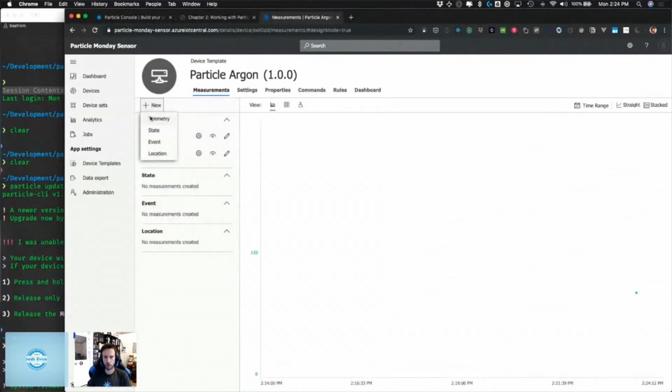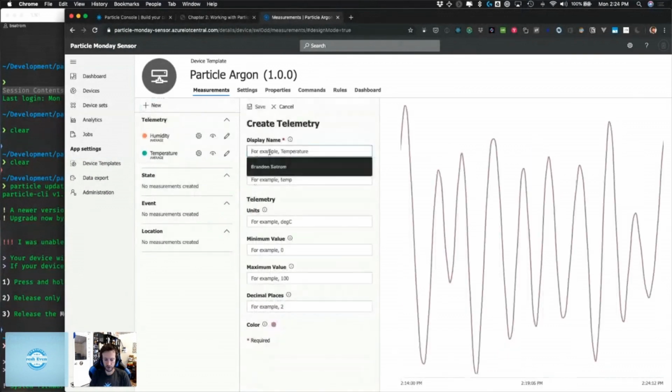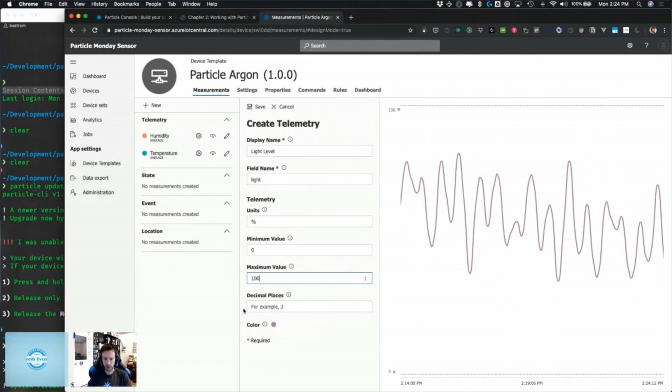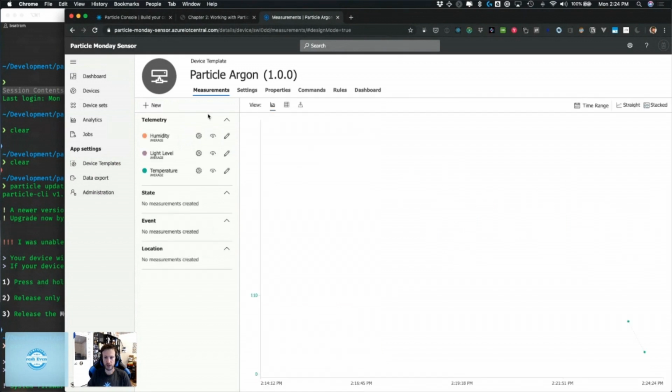And then now one more for my light level. We'll call this light level. And light. Also a percentage, 0 to 100. And decimal places of 2. And I'll take the default purple color here. I like that. So now that I have all 3 of these values, I'll start to see some things sort